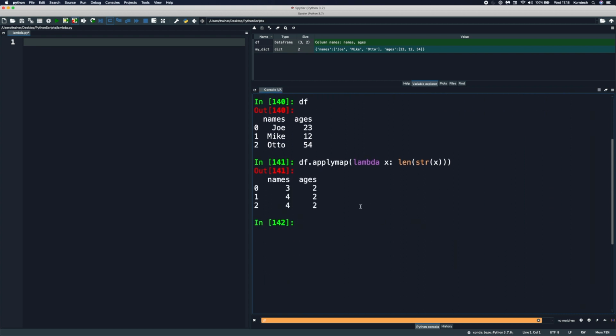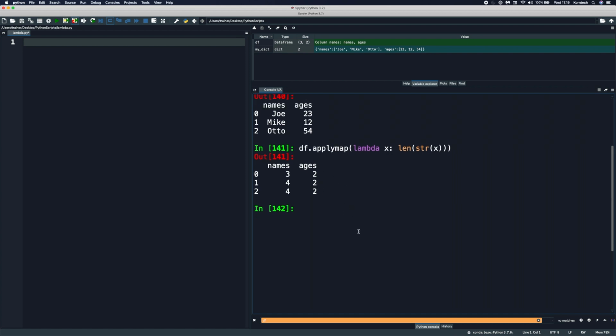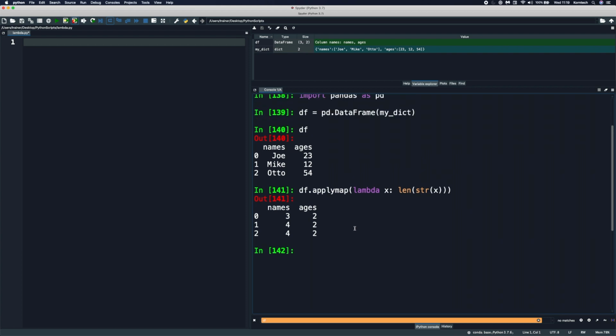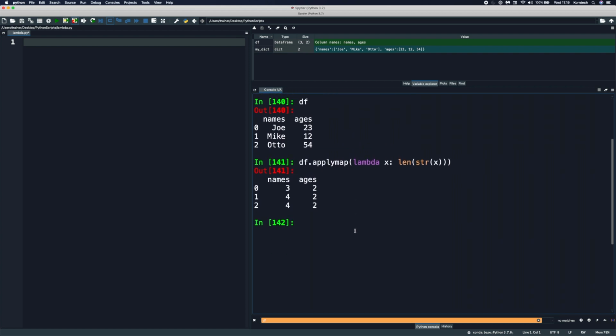We got the length for each item in our data frame, and let's take a look at a few more examples here. Let's say, for example, that you want, I don't know why you would do that, but again, we are working on very contrived examples. Let's say that we want to reverse the names that we have here in our data frame. So what we can do here